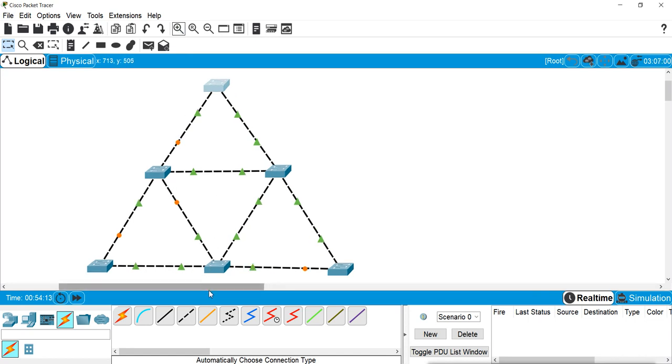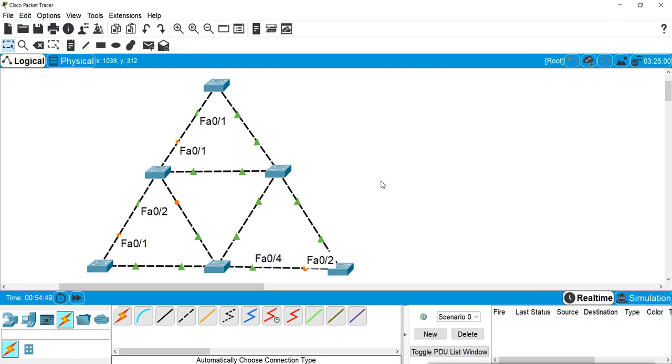Now you see here all the ports are now running, but only those ports which can create the loop are not running. From this side you see this port is not running, and on this switch this port is not running, and on this switch this port is not running. Other than that, other ports are in running state, in forwarding state. Now remember, if you have a root bridge, all the ports of the root bridge will remain designated ports, and they will remain in forwarding state.